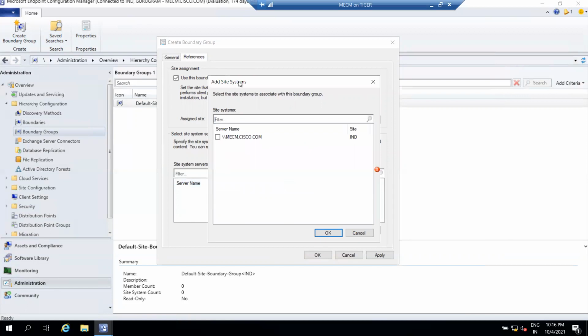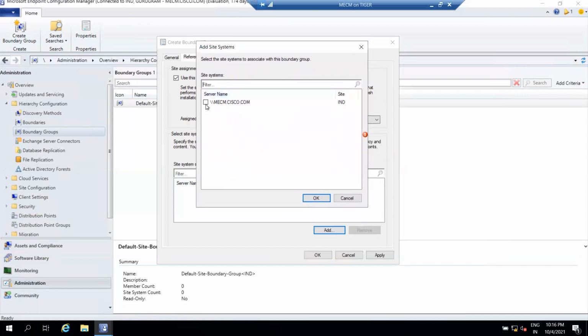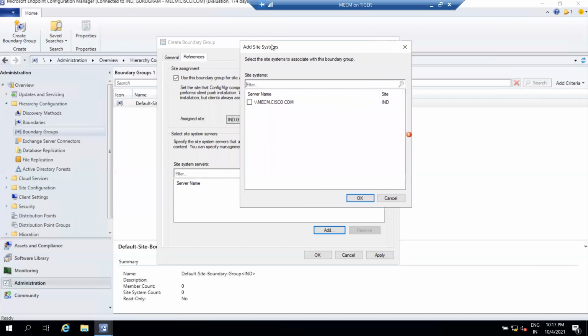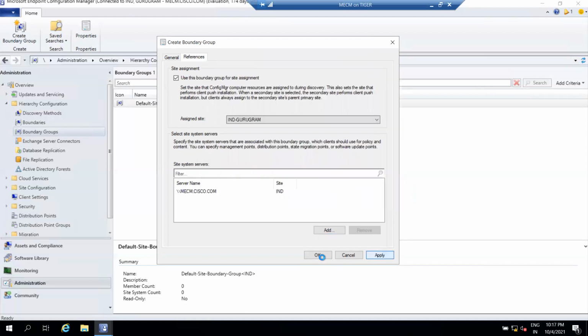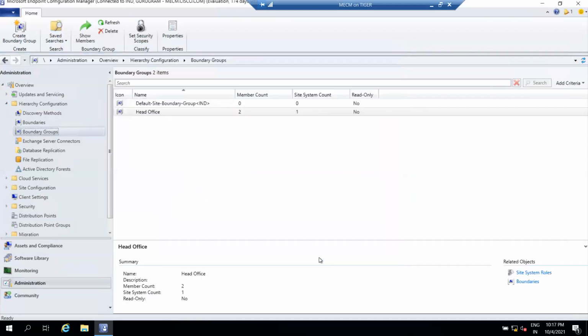Right now in our environment we have just one DP, which is in our head office, so that's why it is showing only one DP. If you have created multiple DPs, then all will be listed here and you will have to select which one is for this particular boundary group. So we are selecting it, and click on apply and OK.